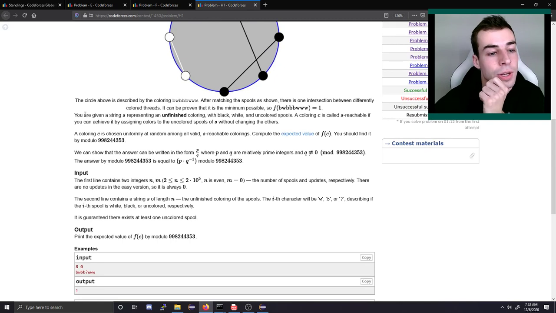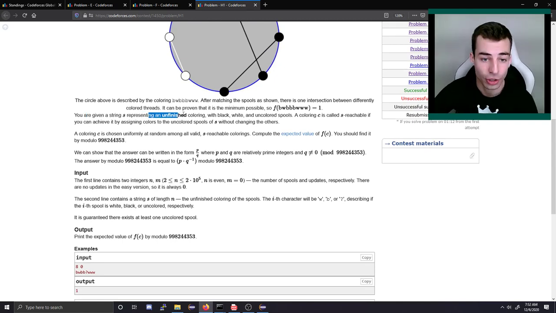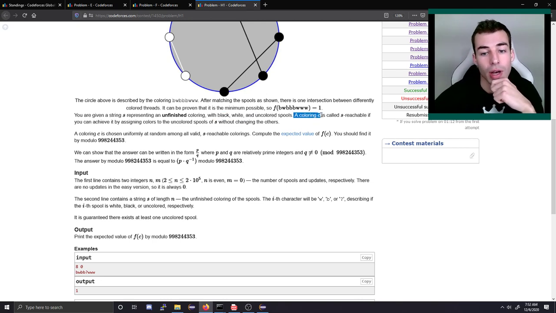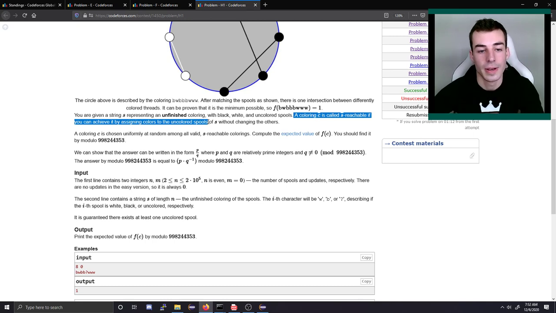Okay. You're given a string S representing an unfinished coloring: black, white, and uncolored spools. The coloring C is called S-reachable if you can achieve it by assigning colors to the unfinished spools